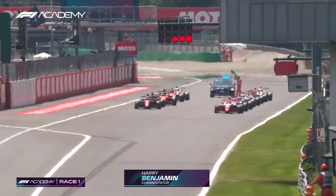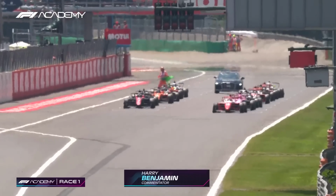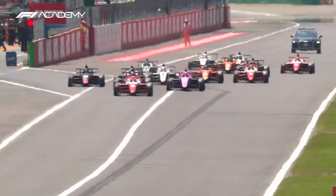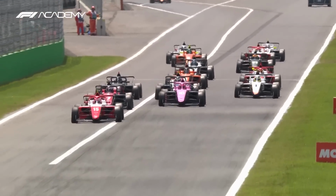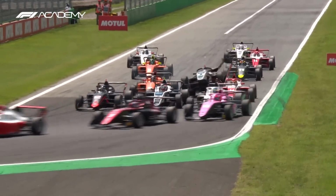Race 1 here at Monza for the Temple of Speed. It's Marta Garcia on pole. It's eyes to the lights and foot to the floor as we go racing in F1 Academy. And it's a good start from the red and white Prema of Marta Garcia ahead of Lena Buller and Abby Pulling in the all-pink Rodin Carlin. Hamda Al-Khabaisi gets away from the pit lane as they make their way to the first braking zone of the